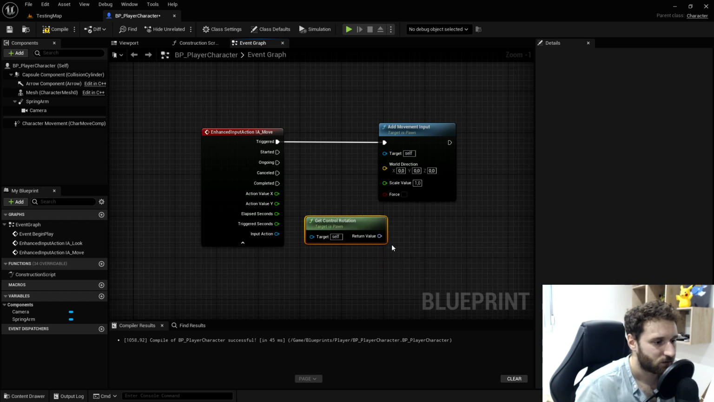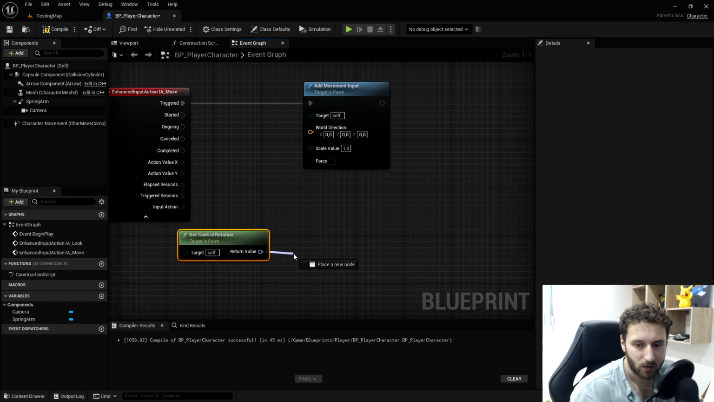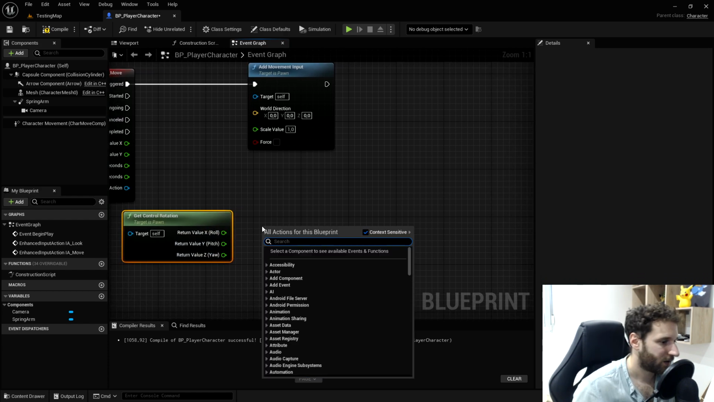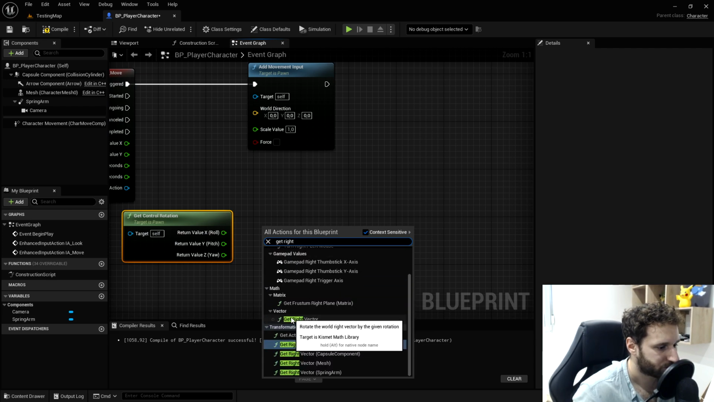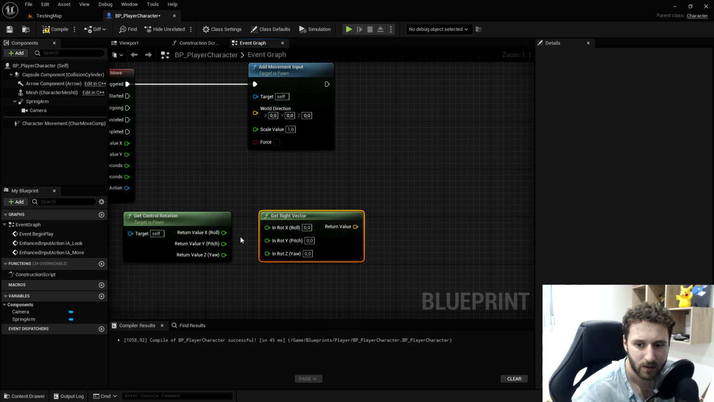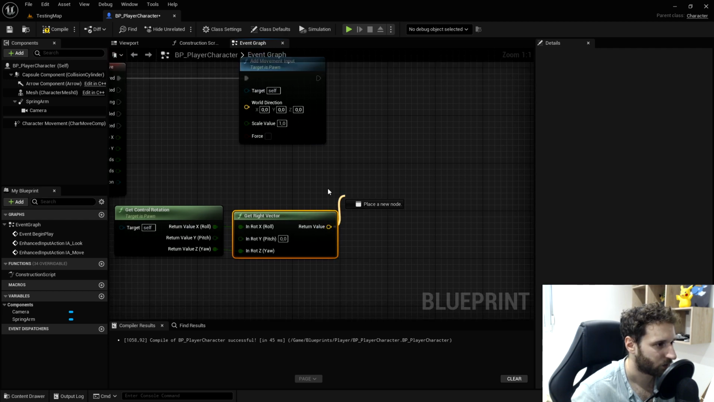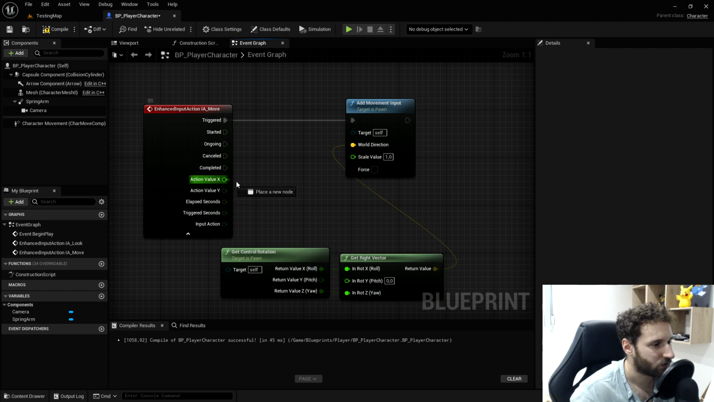We get the control rotation of the pawn. We will right click on this and split. And we will call a function called get right vector. This one. We'll split this as well, and we put the X and Z. We can use this in the world direction. And the scale value will be the action value X. So